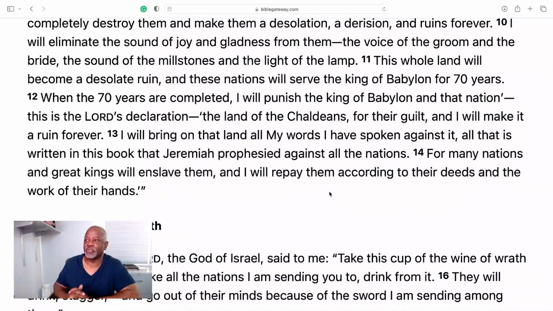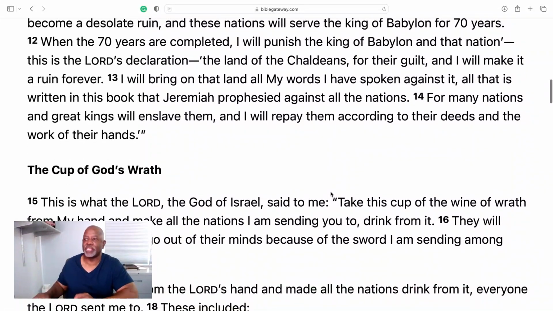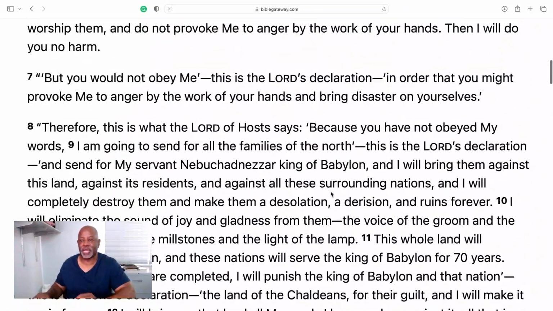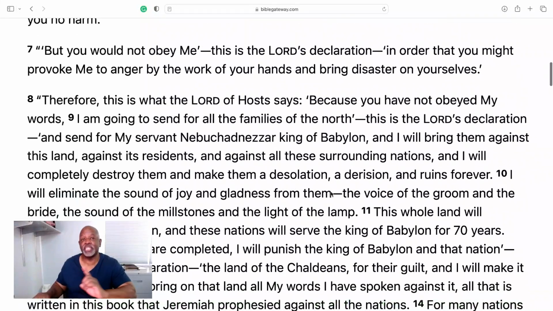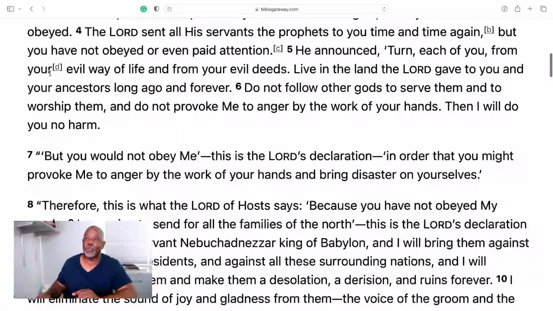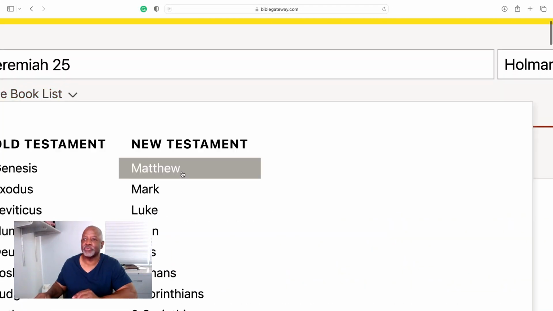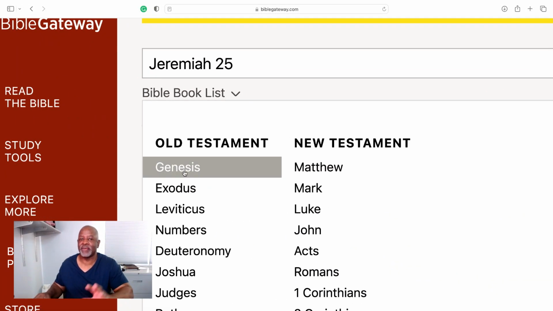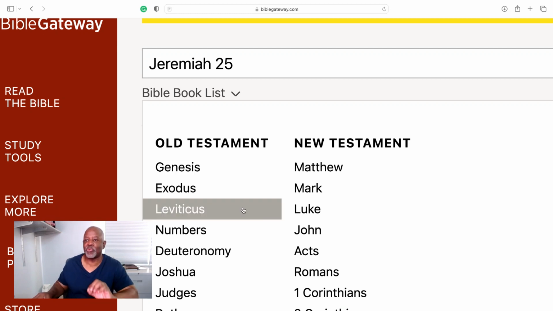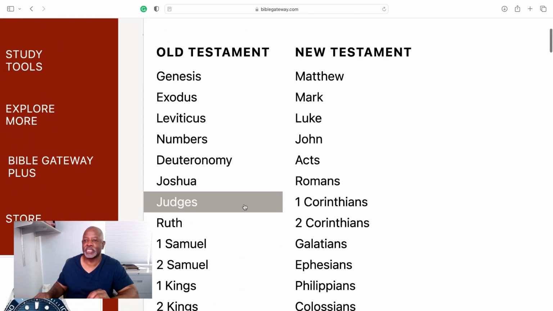This is the Lord's declaration. Now, he goes on talking about why he's going to punish Babylon. But I want you to understand, notice he said 70 years. Okay? Now, I'm going to go to one other verse of scripture here, found in the book of Daniel. And this is going to be very important now, because remember, timeline-wise Daniel is doing this 70 years. Jeremiah sees the death of the nation.